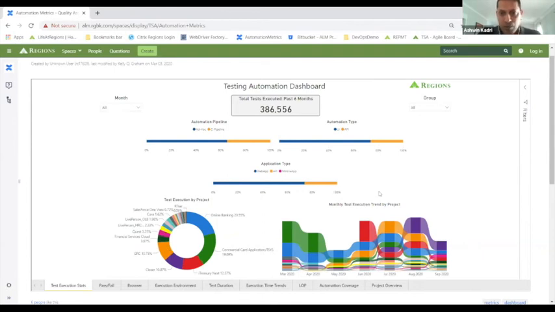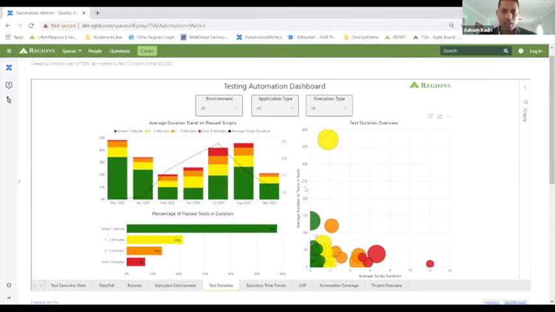So this is what I was talking about, the health of the project. This particular chart, the modern art chart, or the ribbon chart, is what we use to assess the health of the projects that we are working with and reach out to them if they need any help. We can now get into the test duration. This is again interesting. So earlier we were talking about test cycle times.